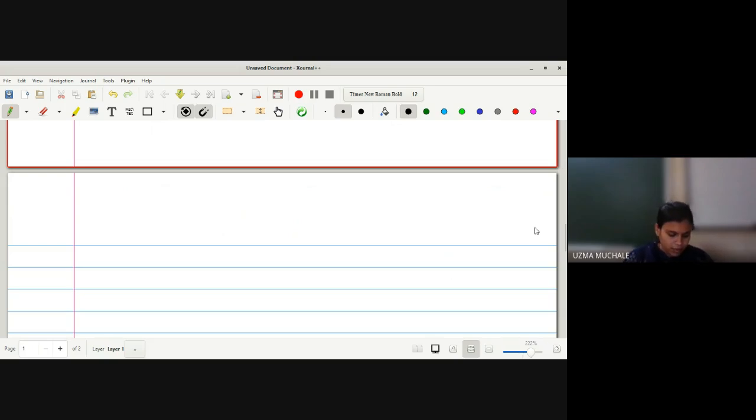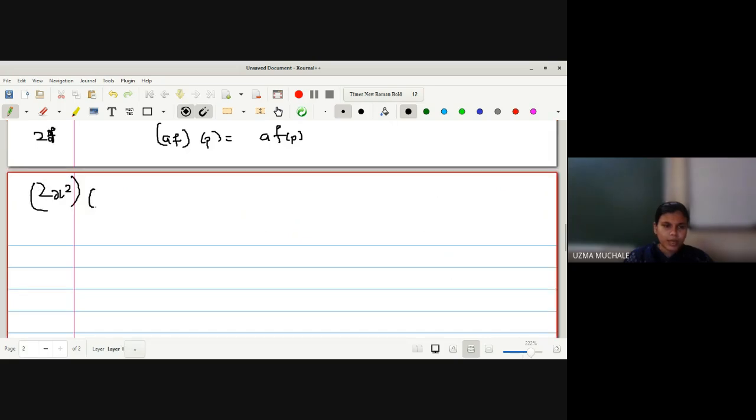Now here you can write down the reason as aF at a point P can be written as a F of P. That means a is a scalar, and the value of function f evaluated at a point P is f of P. Just like suppose 2 into function f, suppose 2x square, evaluated at the point 1, 2, 3. What will be the answer? 2 as it is, and the value of the function x square at 1, 2, 3. What is x? The value is 1, 1 square. The answer is equal to 2.